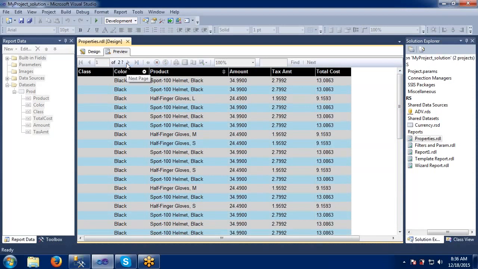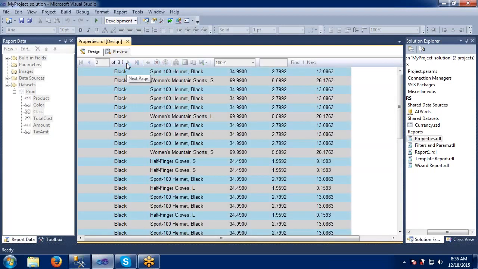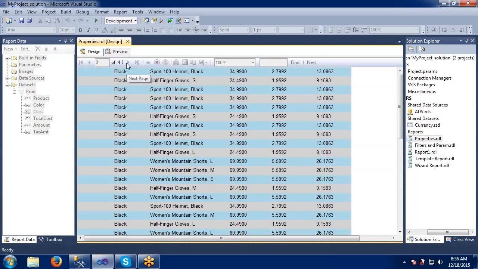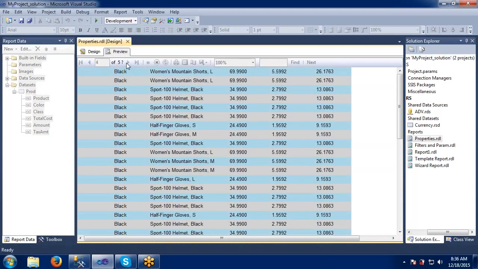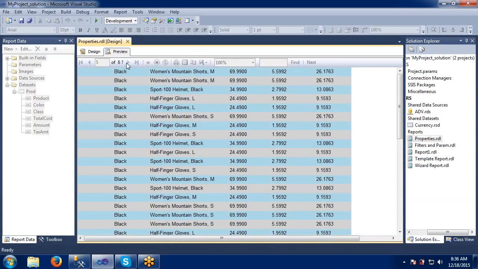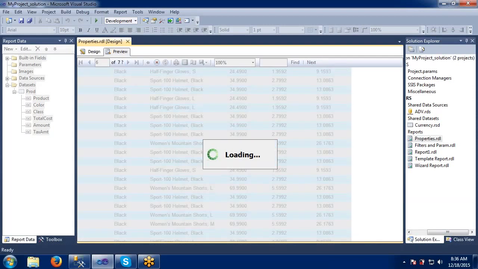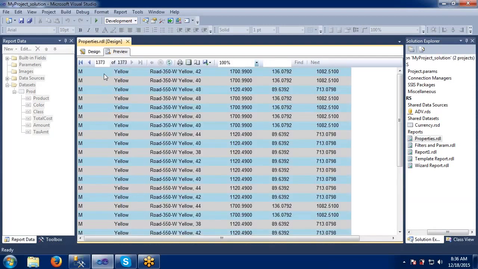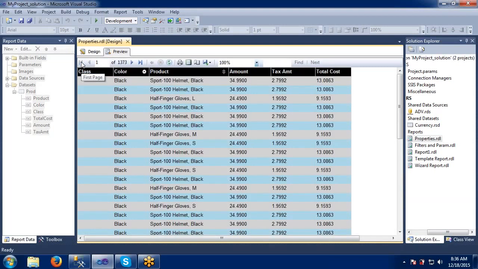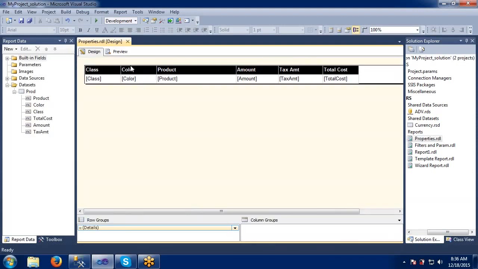When I go to the next page, it's trying to sort based on this color actually. Class, I guess we have a lot of records. We have 173 pages, that's why it is going there. So we try to sort based on this color. Like this, we can sort any column here. I mean, it is applicable on the complete column.